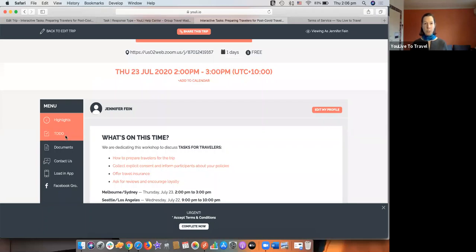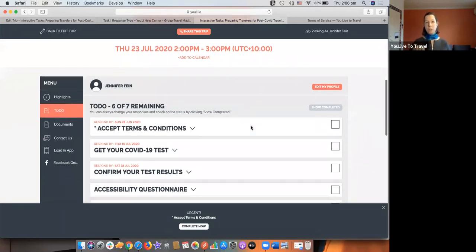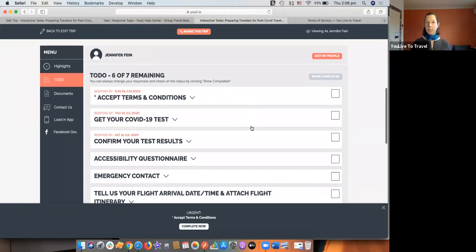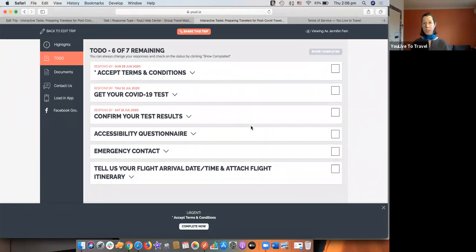And so now when you go back, in any of the emails that you got from the YouLi system for this event, you can click on that button to view experience or next steps, and it will bring you in here and you can see the example tasks that I'm actually going to go through with you today. So feel free if you want, I know some people like to listen by watching others and some people like to interact. Please feel free to jump back into your trip page, which is what we call these,